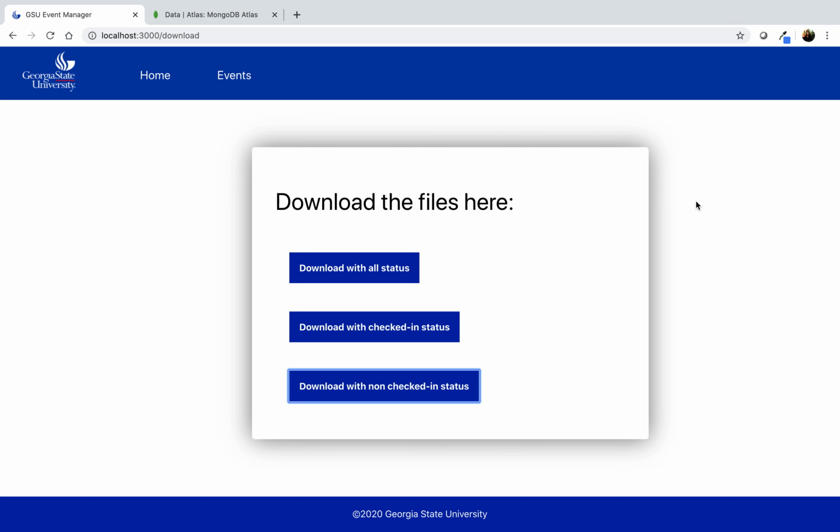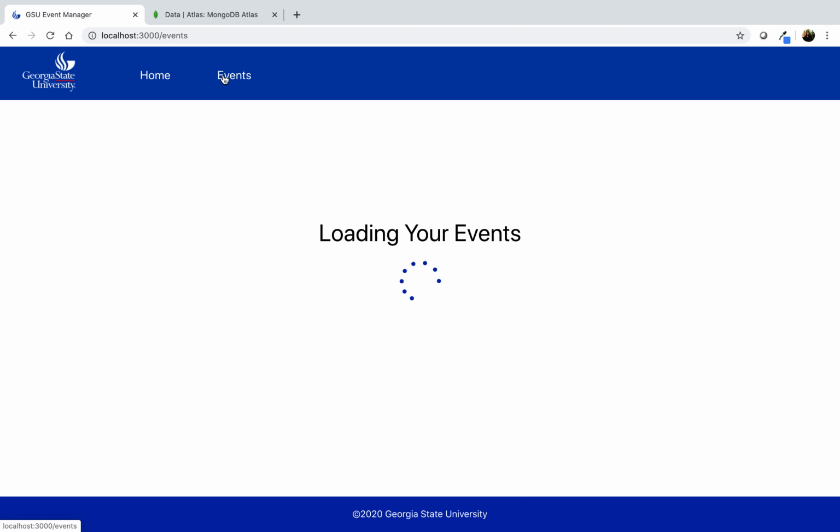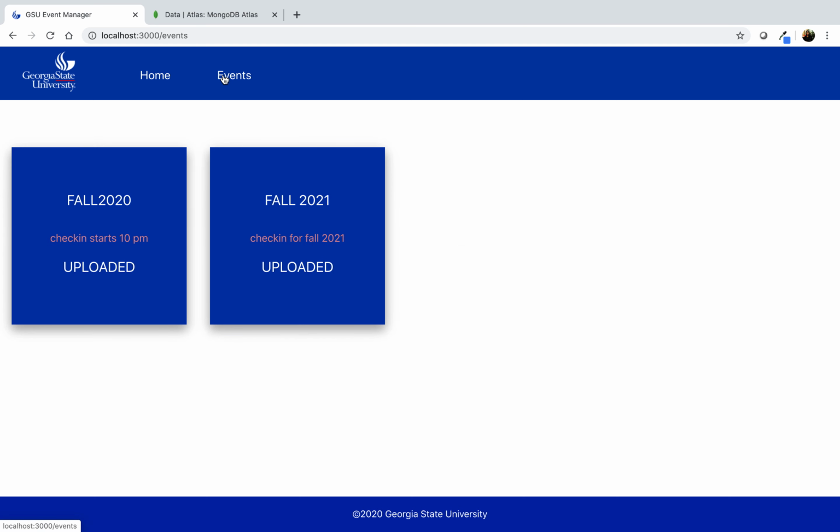We have used React, Node.js with the Express framework, and MongoDB to complete this project. React has been used to create a lightweight, single page front-end application that we just saw. We have used React Router DOM and Browser Router to navigate between different pages like Home, Events, Check-in, and Download without refreshing the browser. The whole application has been divided into different components, and to pass information between them, props.location